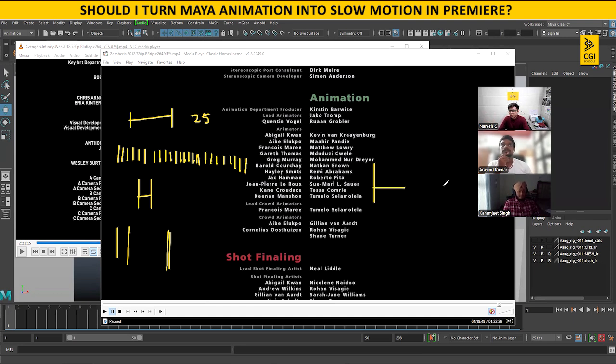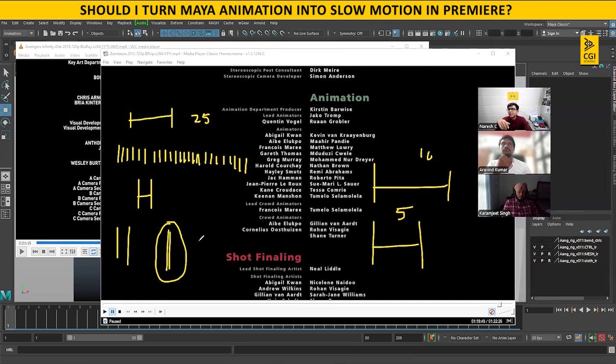Earlier I was traveling from here to here, 10 kilometers. Now I am traveling only 5 kilometers. So the spacing is half of earlier. So if 25 frames looked like this, now 25 frames will look like this. Now you will be able to read the animation because the space is less. The movement is less. It's slow, so I can read it. It's not jittery.